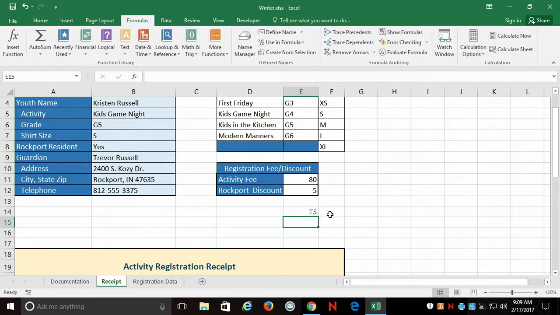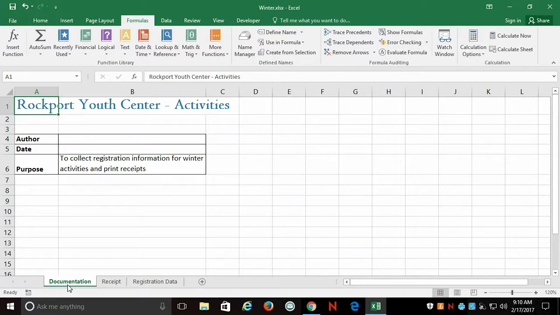Now, a couple things. When you're building an application, sometimes you want to know what are all these defined names, where they live, all those things. Typically, we haven't been paying much attention to this, but a lot of times when you build an application, you'll usually have a worksheet that's kind of like documentation. Maybe it has instructions in it, maybe the purpose of the spreadsheet. One of the things it can also have in it is: go to A8 and type define names,